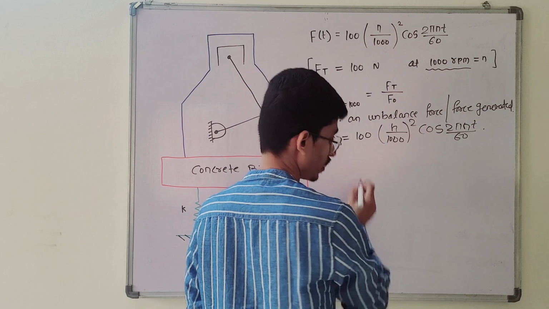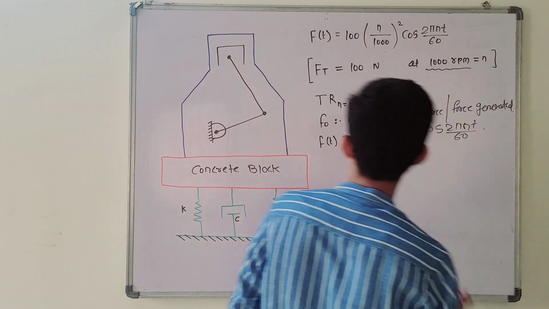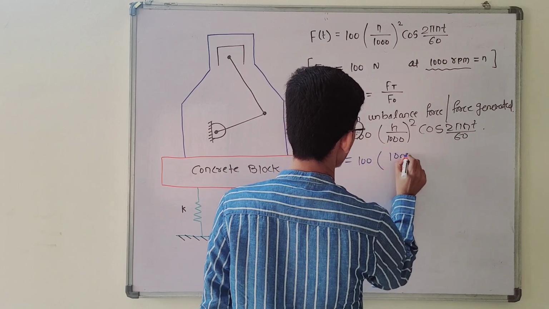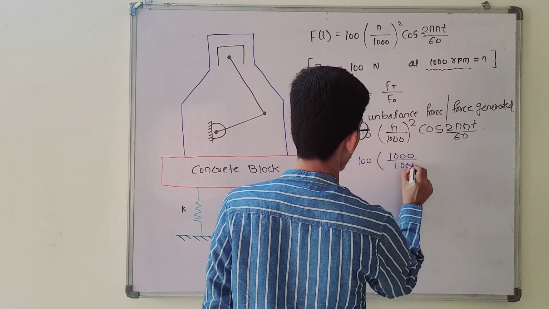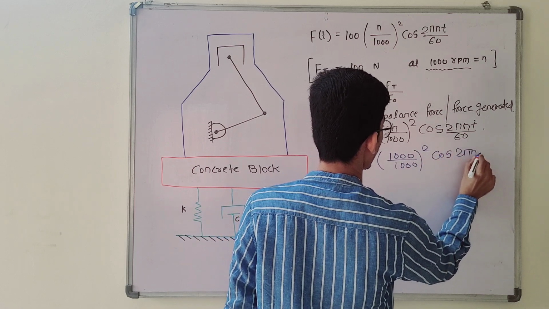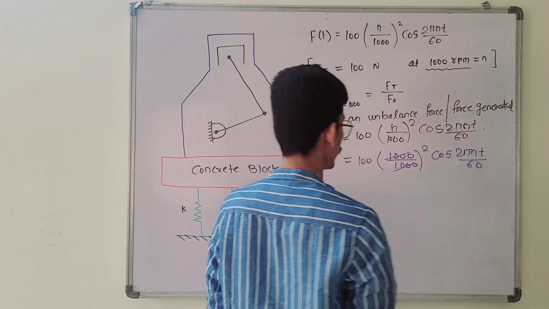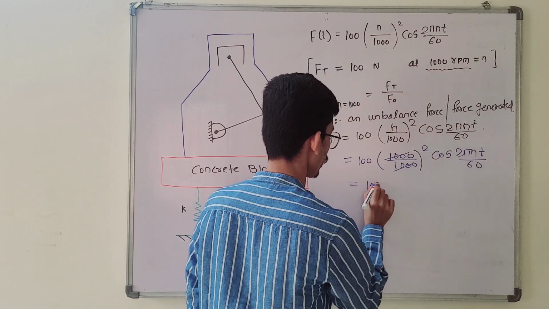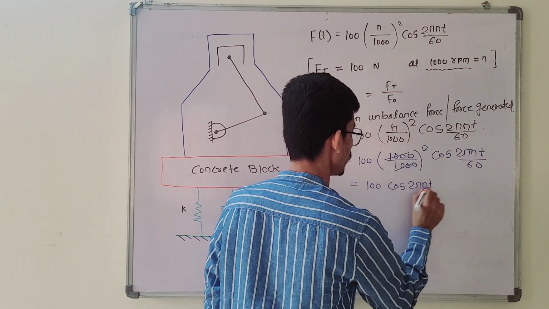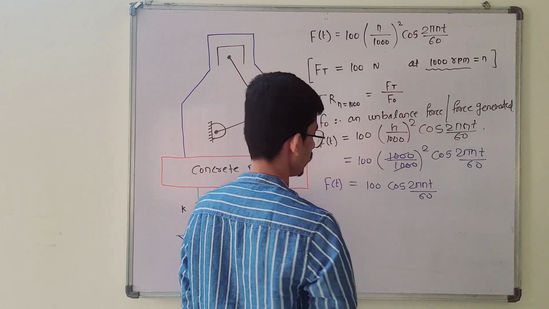So if you put n equal to 1000, what will we get here? Look carefully. If you put n equal to 1000, 100 times n equal to 1000 divided by this 1000, as it is, squared, cos of 2 pi n t by 60. So this will get cancelled. What will we get here? 100 cos of 2 pi n t by 60. So this is nothing but f of t is equal to this, and